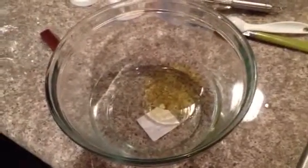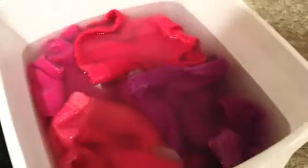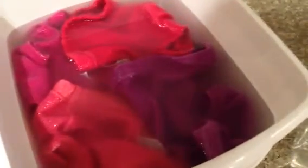I figured I would do a little video since I had an emergency issue with a piece of wool with Audrey today. She had a really gross blowout. Anyways, so I have already washed her underwoolly, and then I had a couple others that were needing washing, so I put them in their little wash bath already. I use, again, as you hear